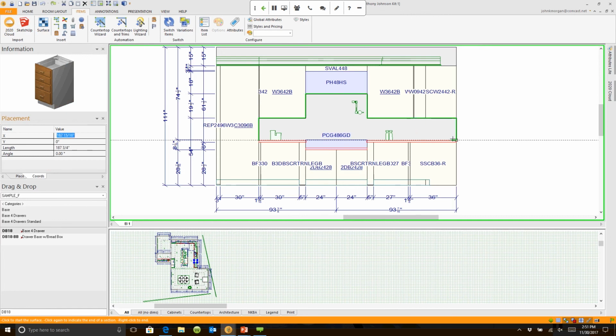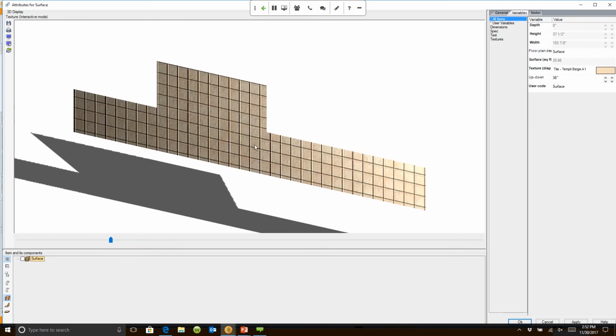I'm going to change direction along my counter line. I'm going to go all the way back to where I began. I'm actually going to left click again where I started. So I end where I started. That makes a closed shape. When I right click, if you give it just a second, it's going to come up and give you